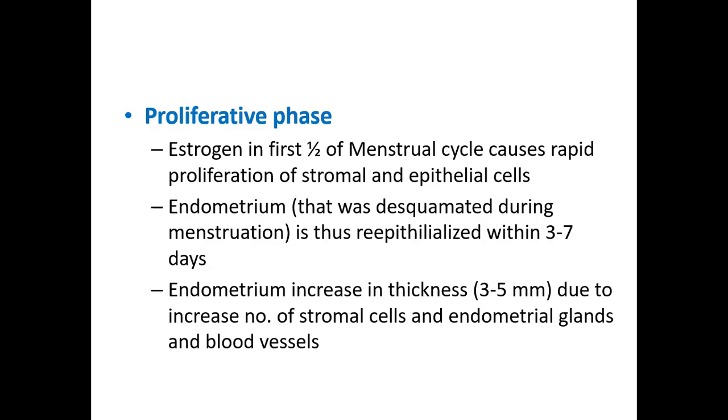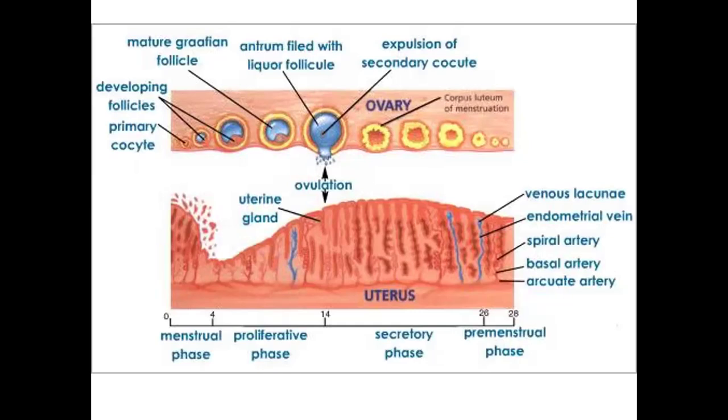Because of this proliferation, the division of stromal and epithelial cells, and the increase in their number, the thickness of the endometrium will increase up to 3 to 5 millimeters. And the endometrial glands and vessels there will also enlarge, and their number will also increase. So we can see here this is actually the previous area